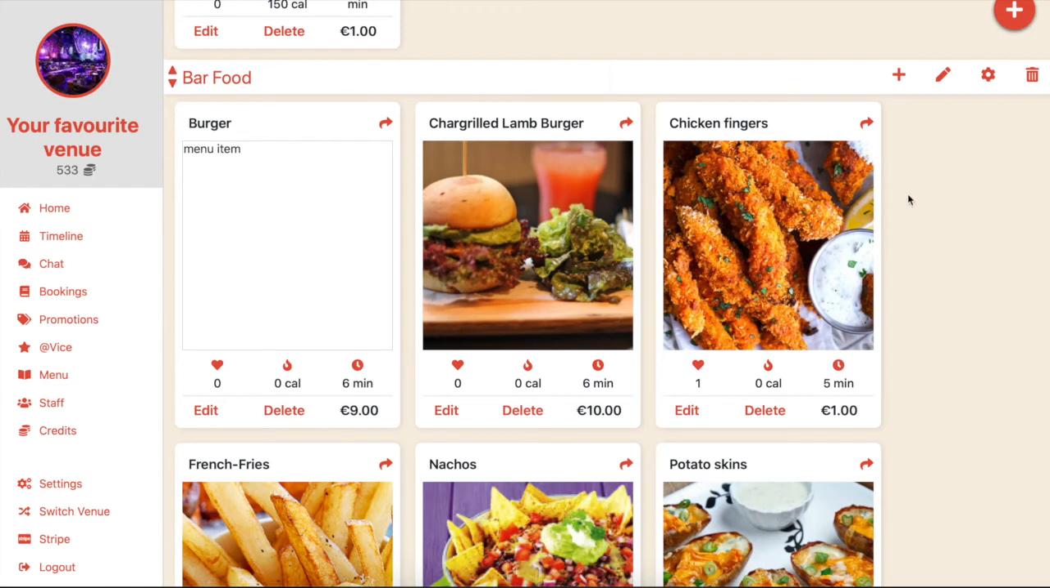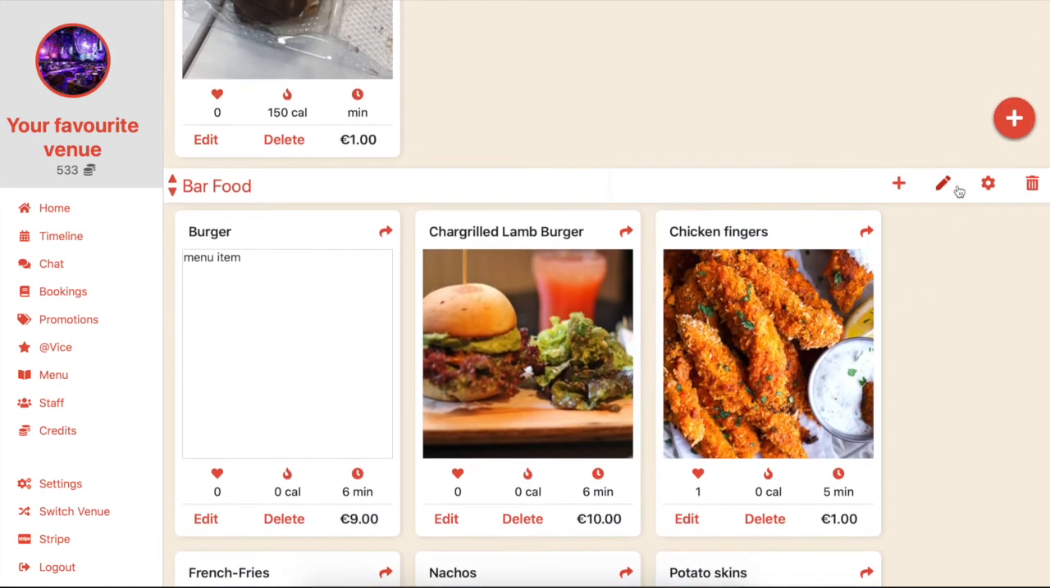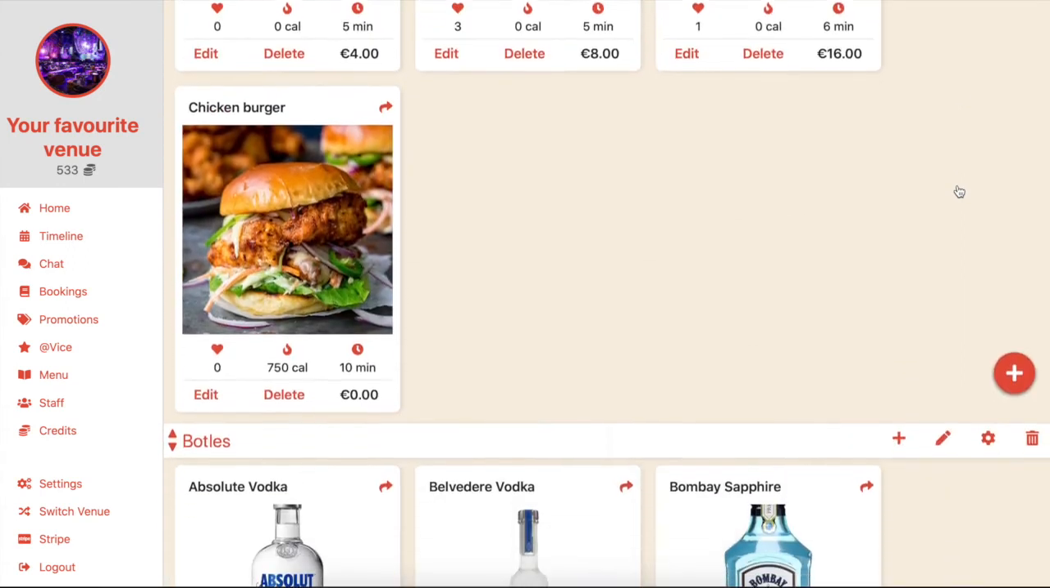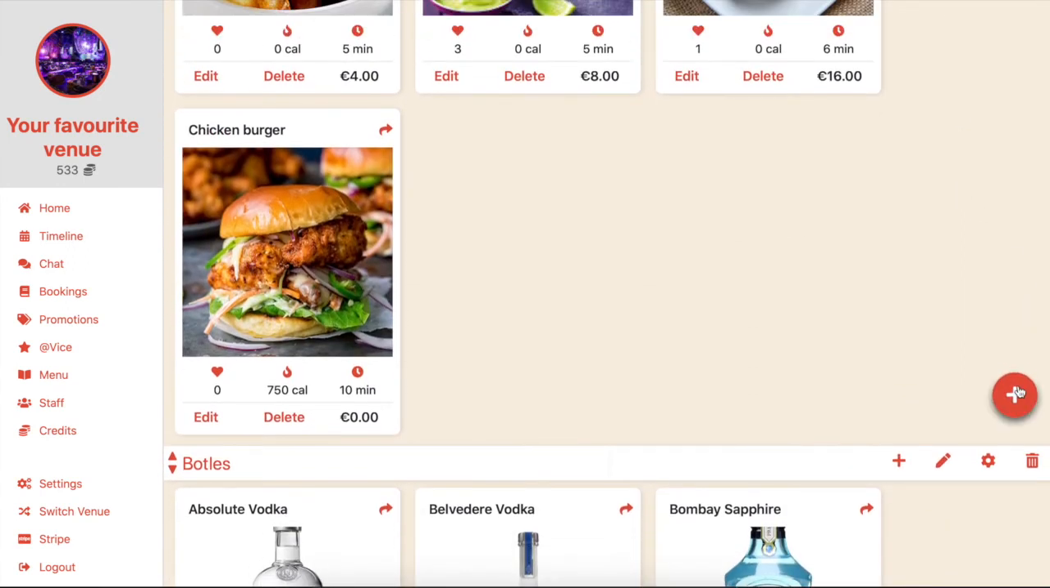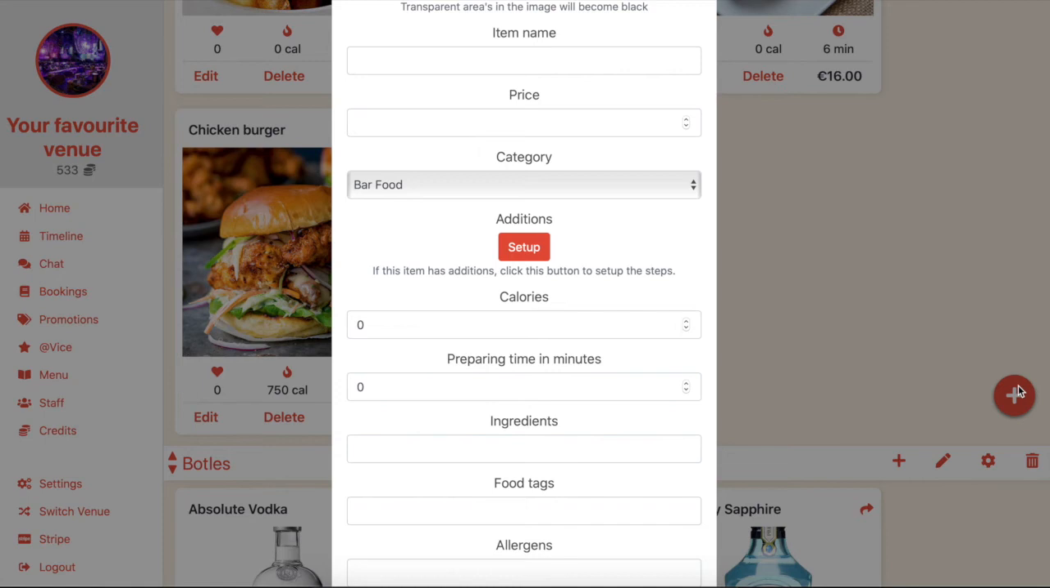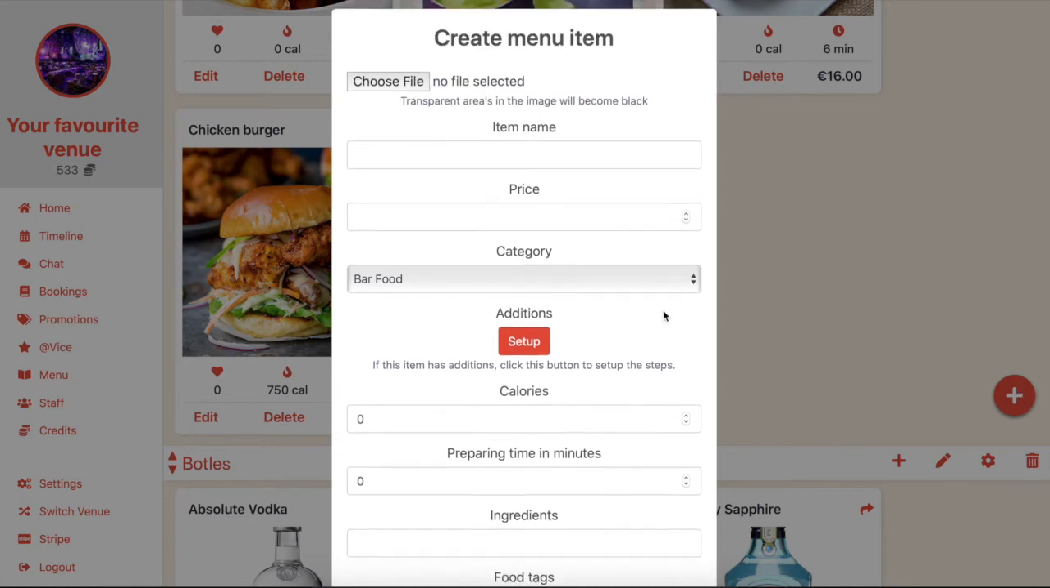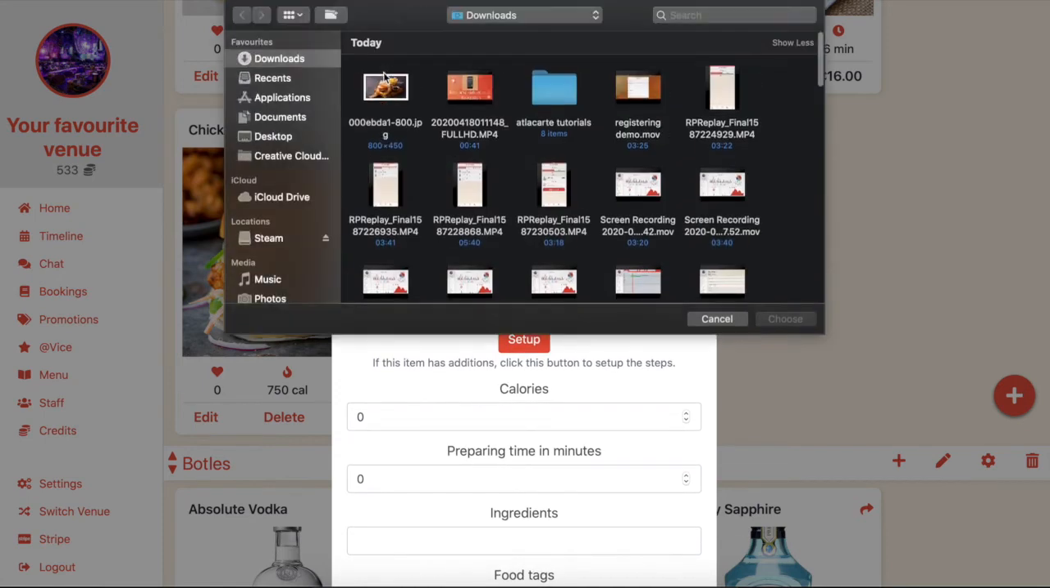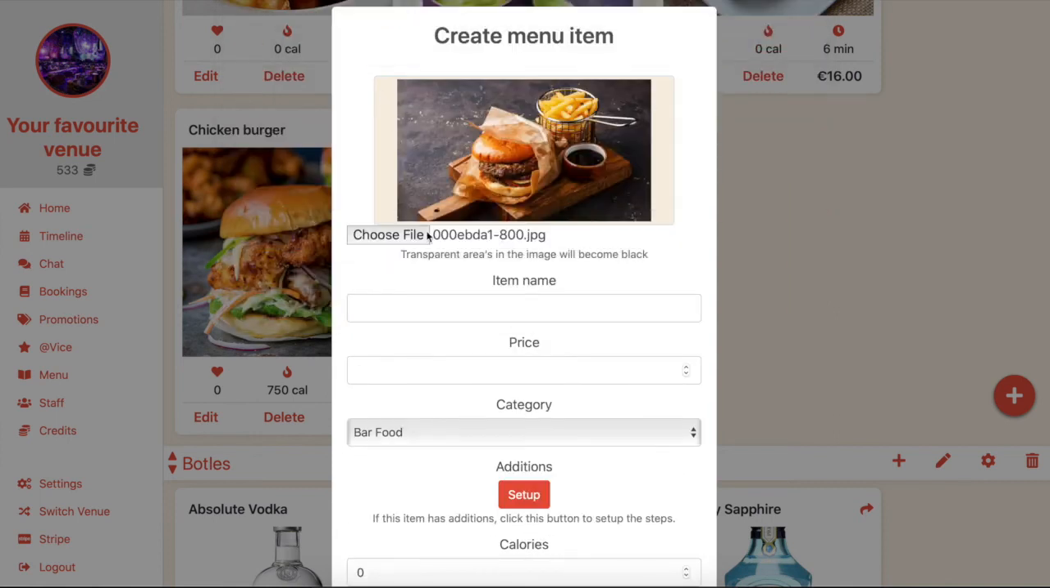If you want to add a new menu item, you simply click the plus button on the category that you want it to be added into. You choose a picture, the name of the item,